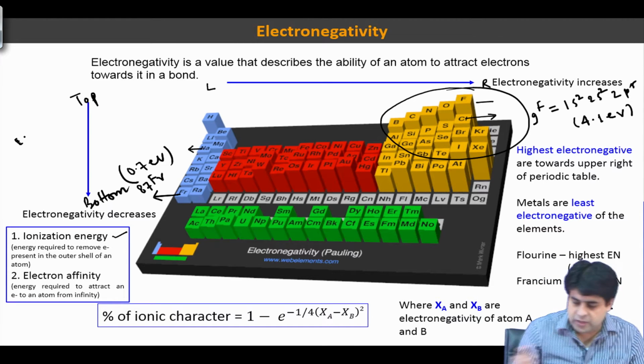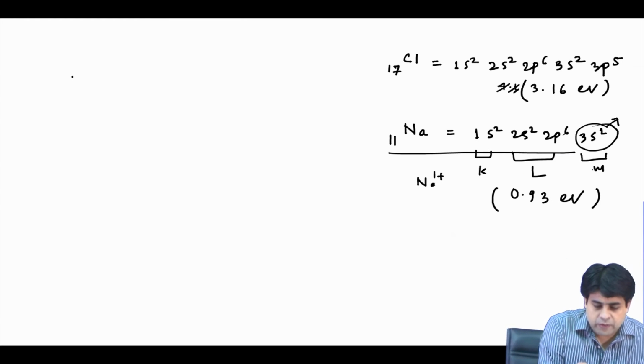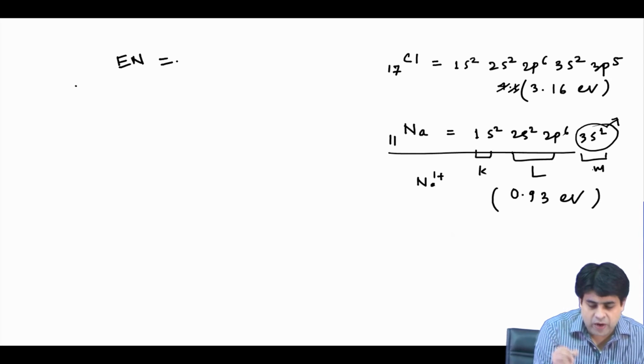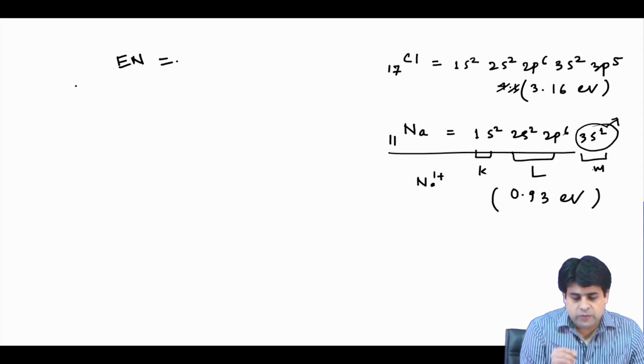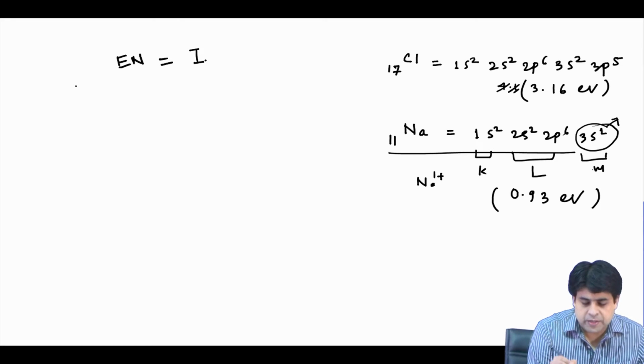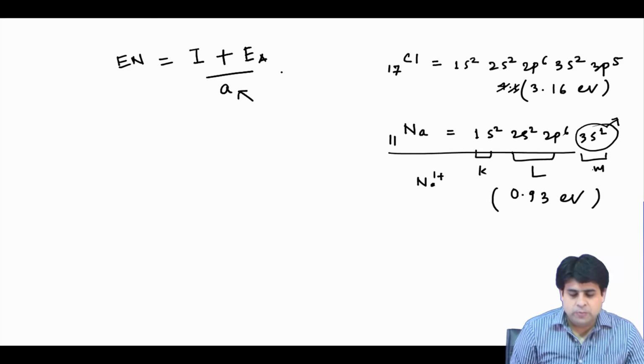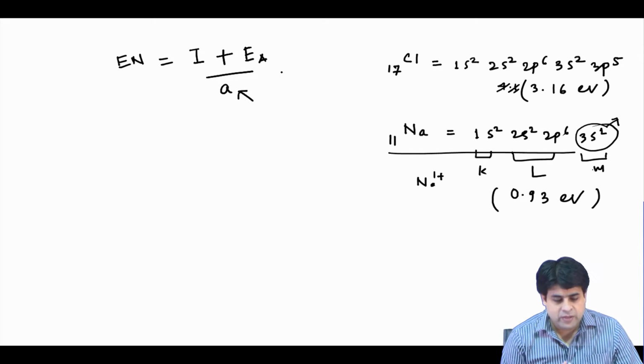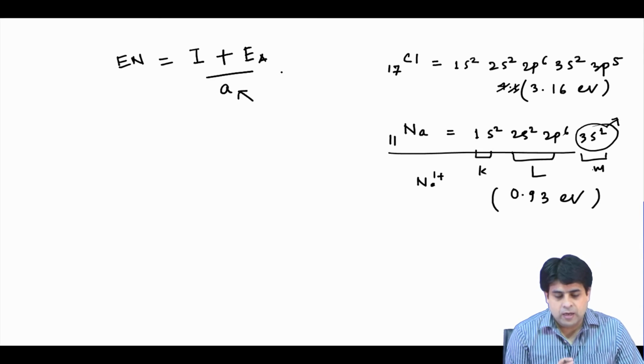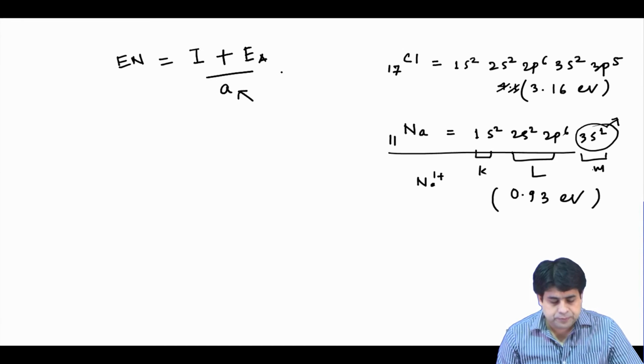You can easily define electronegativity if you know the ionization energy and the electron affinity, and there is some constant, a conversion factor. From this formula you can derive the electronegativity, and basically this concept was introduced by Pauling, and what Pauling